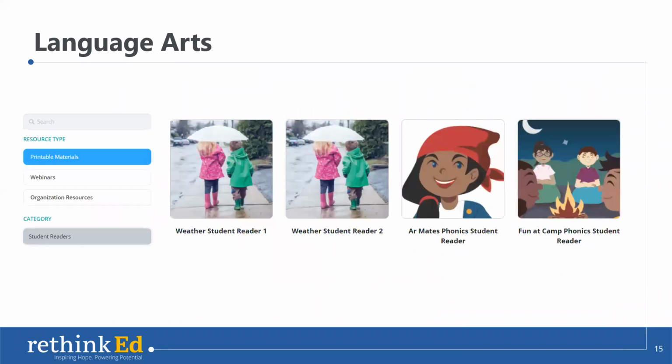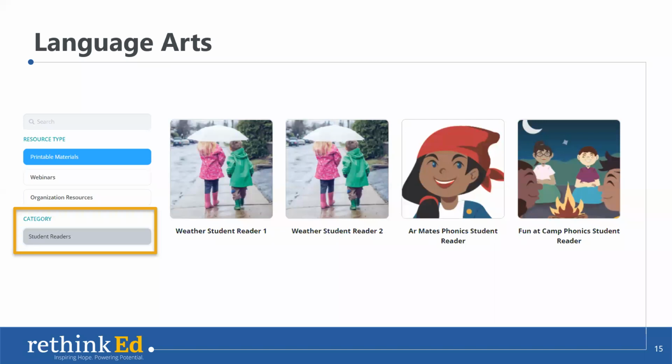You'll also find a tab called Student Readers. In this section, you'll find differentiated readers for students on different topics, as well as a variety of phonics readers. So if you have any students working on specific phonics skills, you can pull these readers as daily practice or